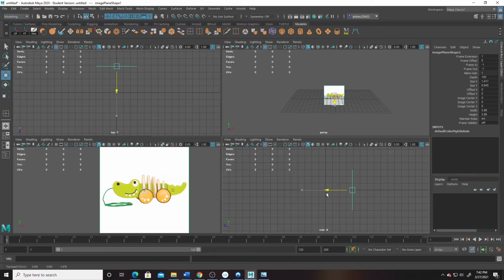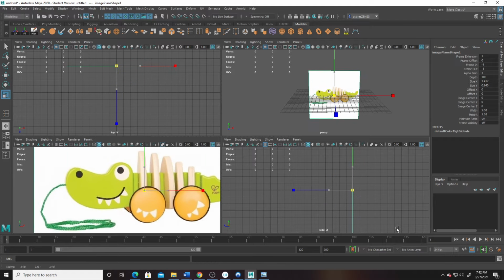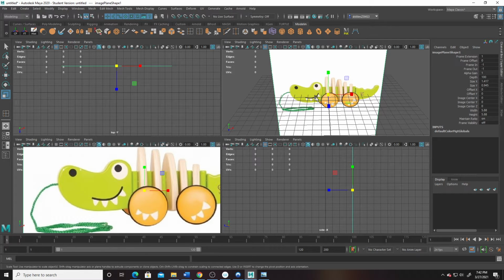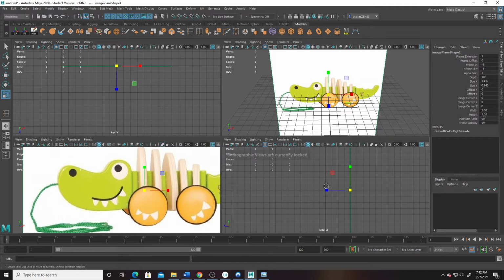And I will move that over so it's out of the way. I'm also going to scale this so it's bigger because this is really small, right? Each one of these grid squares is a centimeter. So that's pretty small, and we'll probably end up scaling the model in the end just to make it bigger